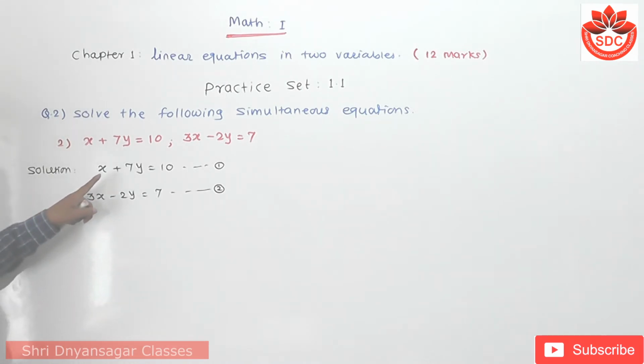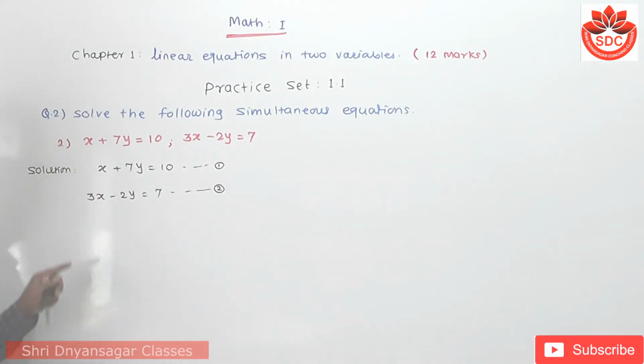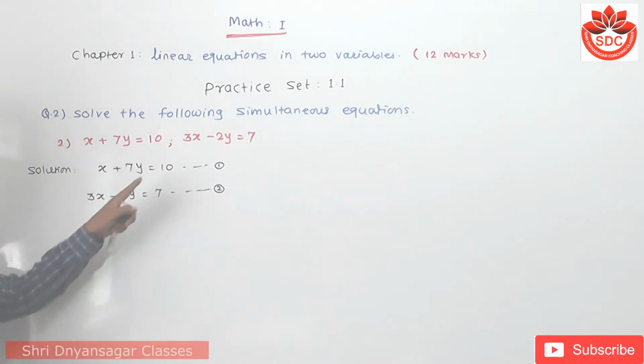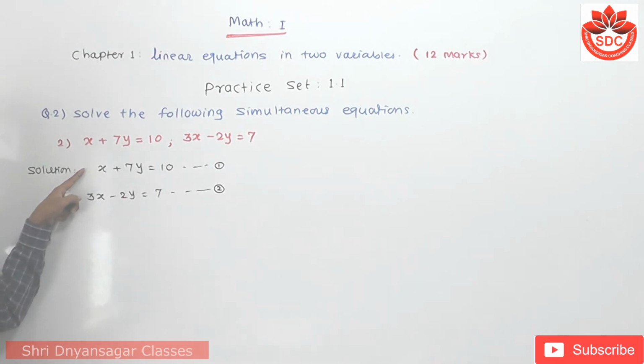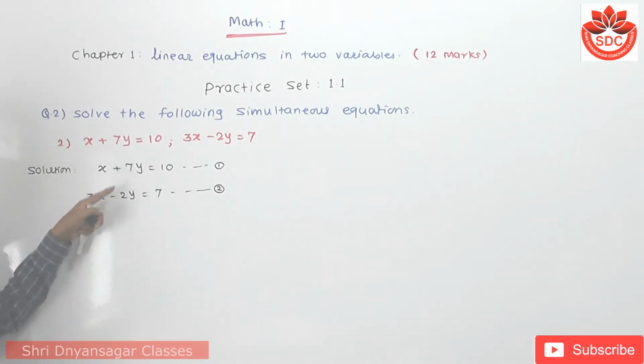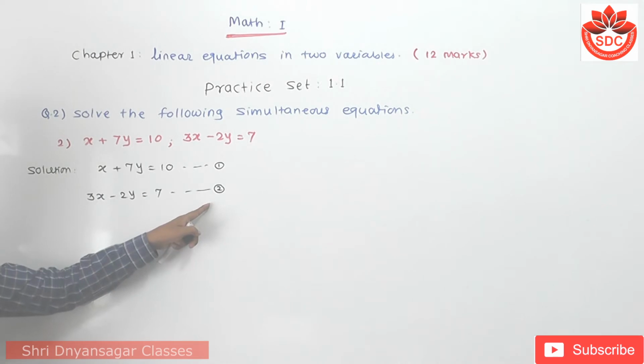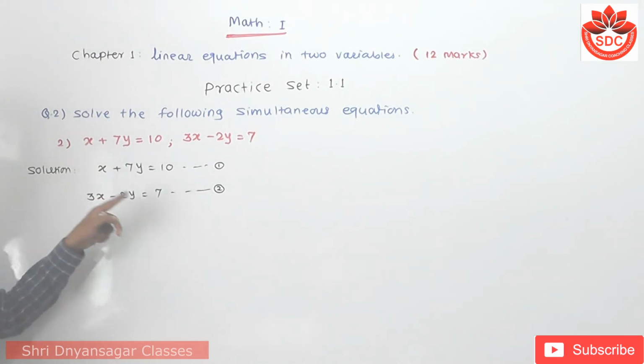For solving these two simultaneous equations, now we have to observe carefully. Look carefully the coefficients of x and y values. Now in this, the coefficient of x is 1 and here is 3. Here y is 7 and here is minus 2. Now for solving this, if you multiply only the first equation by 3 and cancel this 3x, we get the value of y. Or if you want to cancel the variable y, then you have to multiply this 2 to this first equation and this 7 to this second equation. But the simple process is that you multiply the first equation, because you have to multiply only one number.